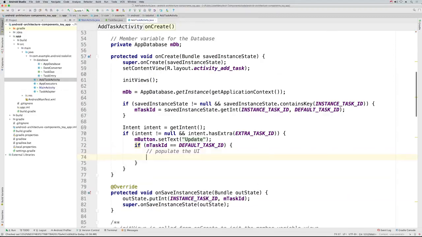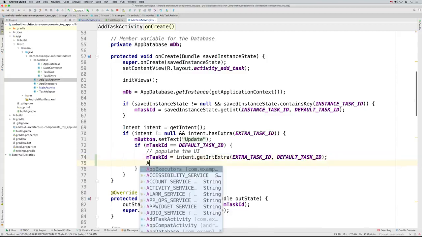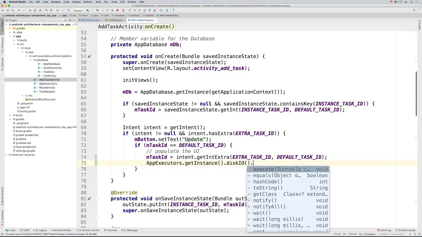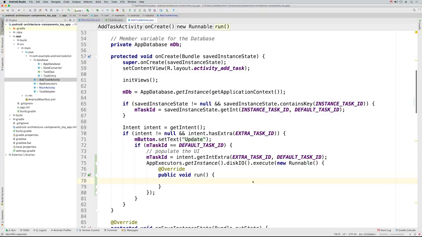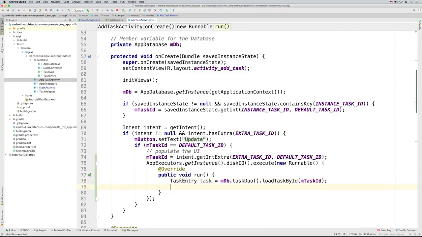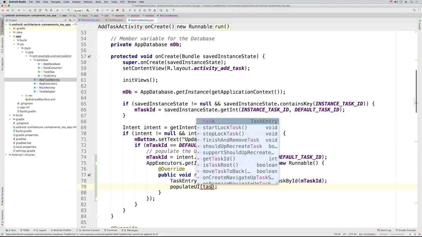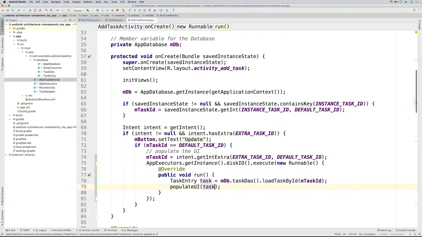Here we will use the item ID from the intent and assign it to the mTaskID variable. We will use it to retrieve that task from the database. Similarly to previous steps, we will use our diskIO executor. Our runnable will call the loadTaskById method in our task DAO with the task ID. This will return a task entry object that we can use as a parameter to call the populateUI